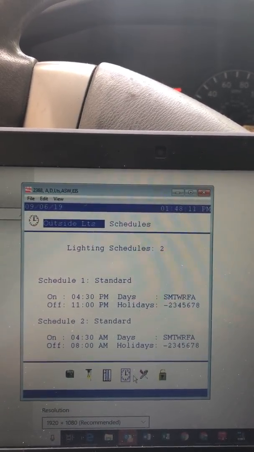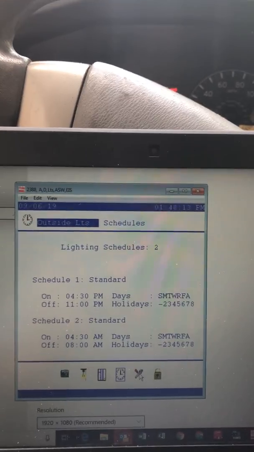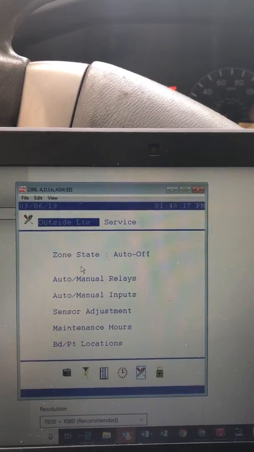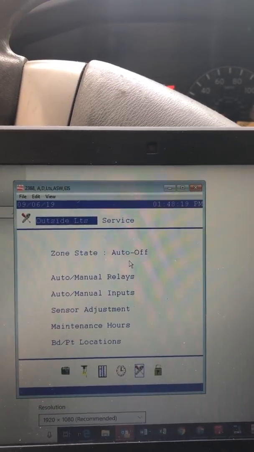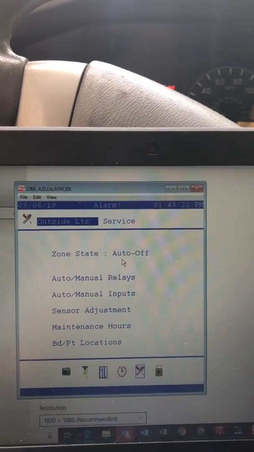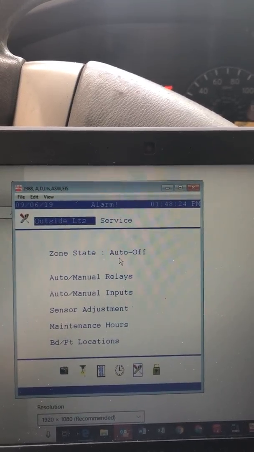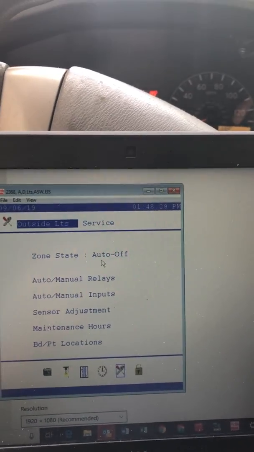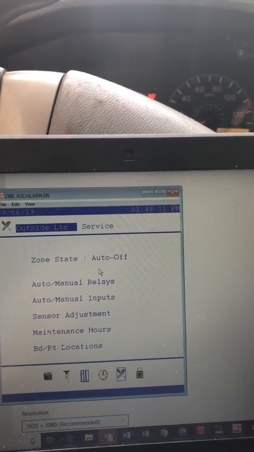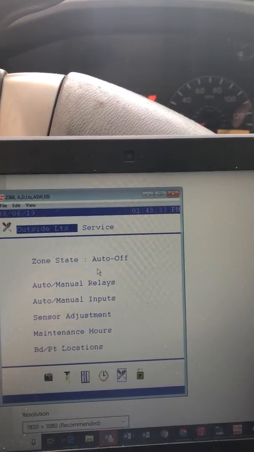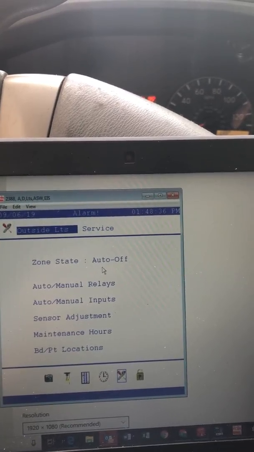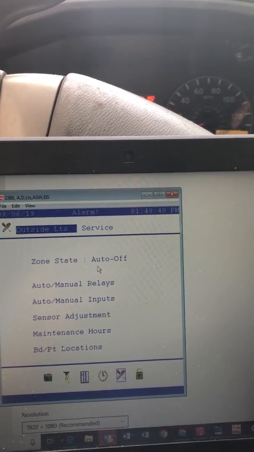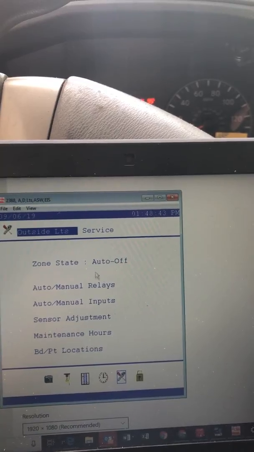So the next thing here, you can go to the little toolbar at the bottom, click that. It shows you the zone state is auto off. If this said remote on, that would mean the Danfoss relay has been manually turned on at the site. So if it's in that state and you're trying to get the lights off, or maybe it says remote off and you're trying to get the lights on, you're going to have to find the board and point where that